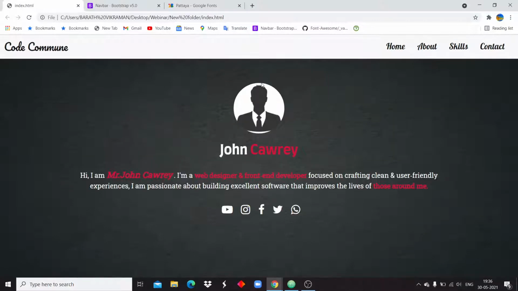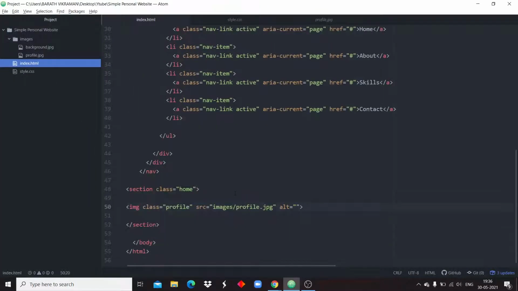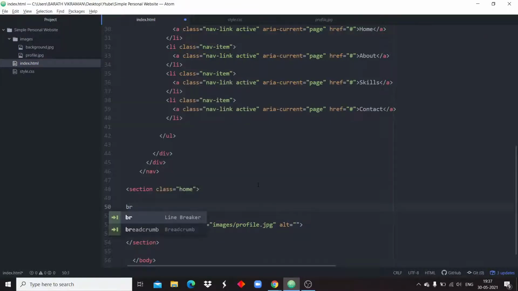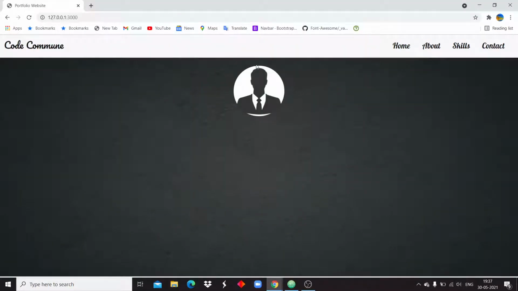Next, if you see here, there is some space between the background image and the profile image. So we need to go to the image and use some break tags. It is easy if we give the break tag, so that the spacing is easy.